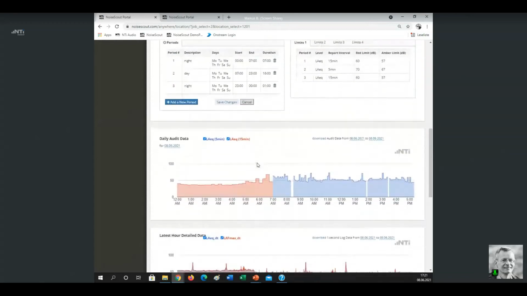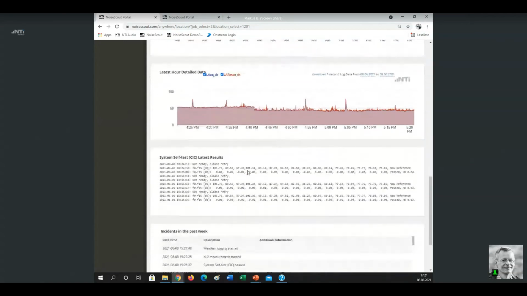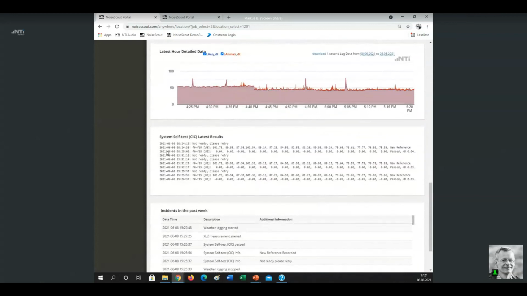Then here we have two charts with the sound level over time for a full day or for the last hour. Then here comes a panel with the individual information for this system self-test. Maybe you know this feature under the abbreviation CIC, charge injected charge.